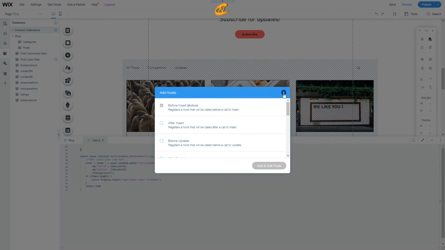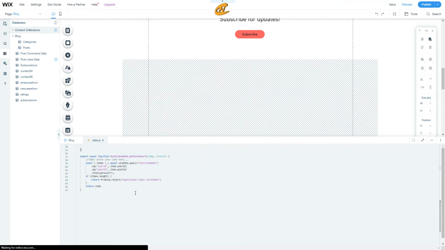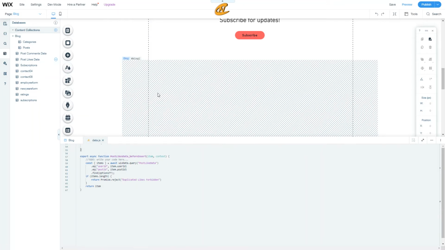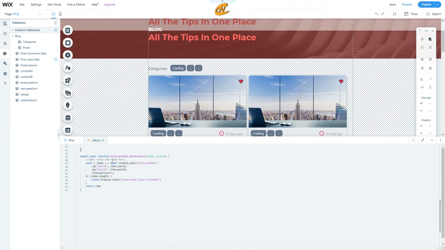So what we want to do for this before the insert is make sure that there are no duplicates. Okay, no duplicate features. All right, so what we want to do here is do this. All right. So we want to make sure that we're checking out these items, and this is how I'm going to explain it to you guys real quick,